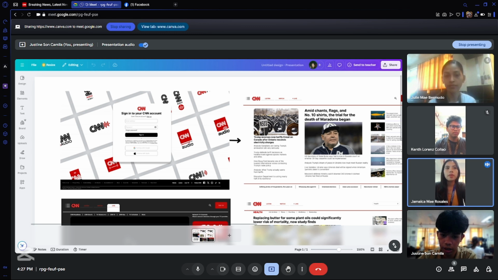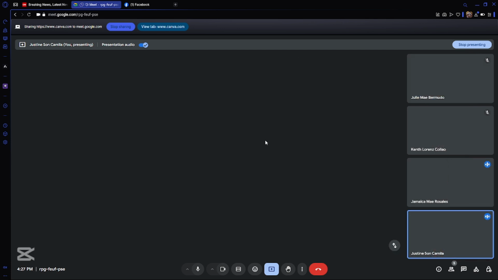I am Jamaica, and I will be discussing the overview of this project and the mockup. So, let's begin with an overview of the UI. The design follows a modern style featuring a clean and organized layout. We have carefully structured the elements to provide a strong foundation for the user experience.